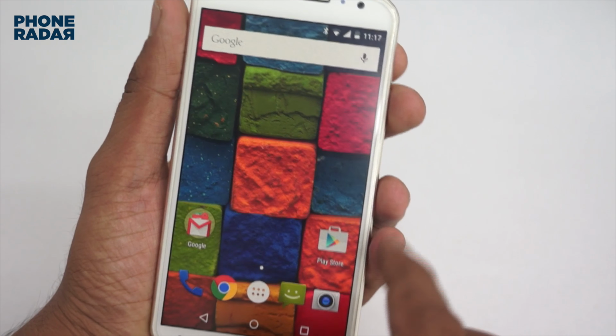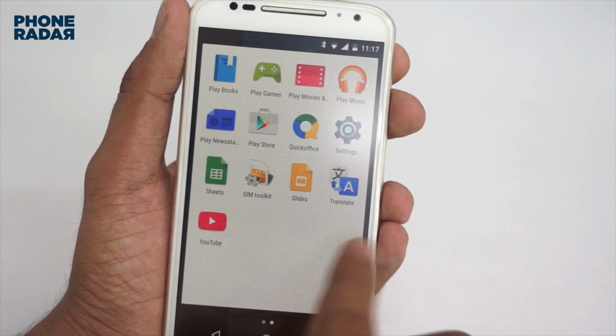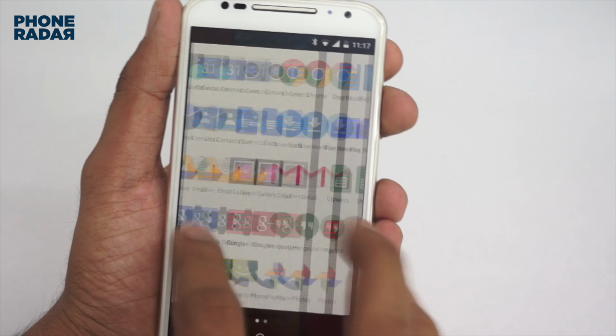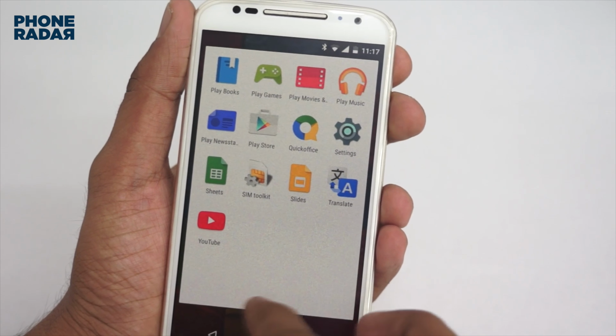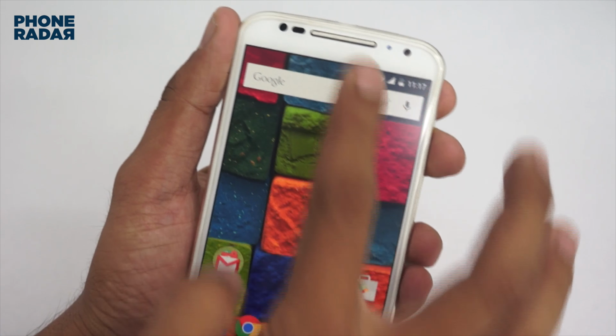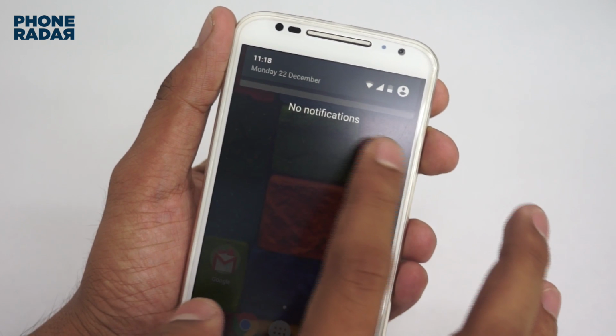I can continue the same, but you see here that only the pre-installed applications are showing up. There are no downloaded applications showing up here, and what you get to see is those notifications are gone because they are in the other profile of mine, the main profile, and not in the guest profile. And when you go into